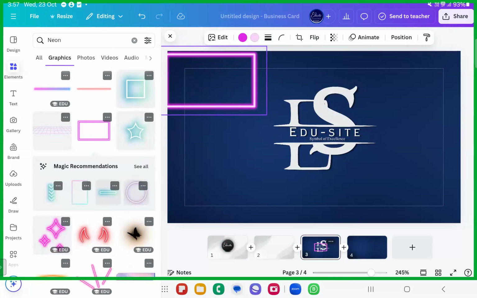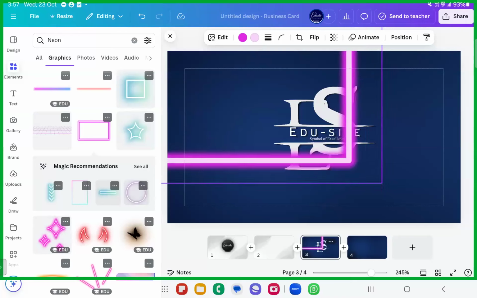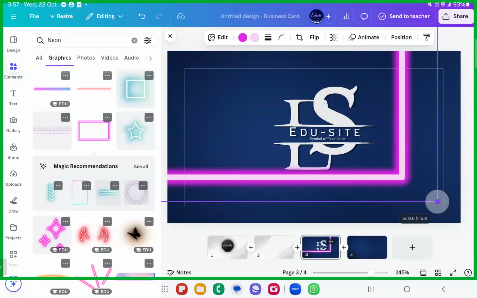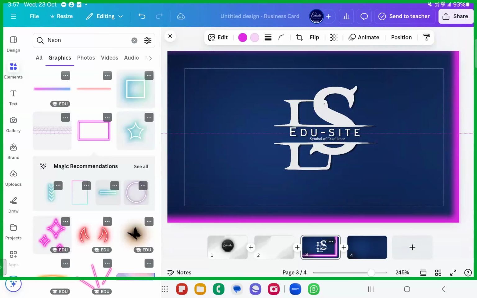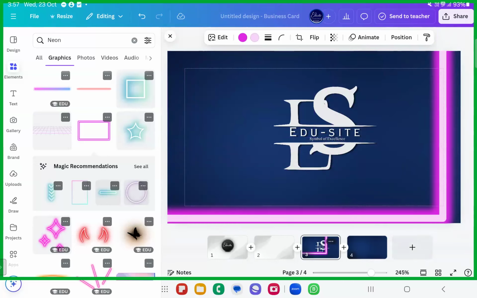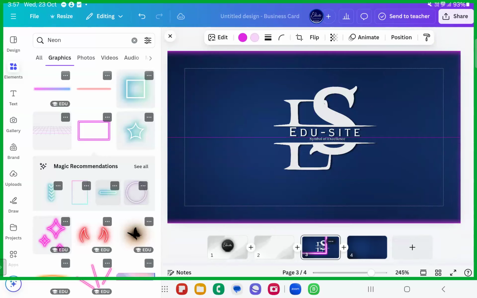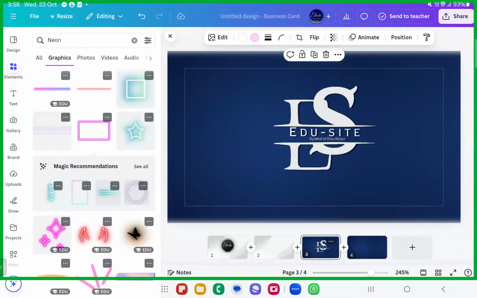See what am I doing? I'm not trying to put it inside the frame. I'm putting it outside the frame. I'm just giving it a neon look. You can just go ahead to Fiverr and see how many neon kind of these are present there. I'm just giving a bit of shade to the borders. That's all. Bit of neon look, lightish look. You can change the colors now to the whitish. See, yeah, doesn't it look excellent? Yes, it does. Yeah, beautiful you have created, right? So these are the neon things.